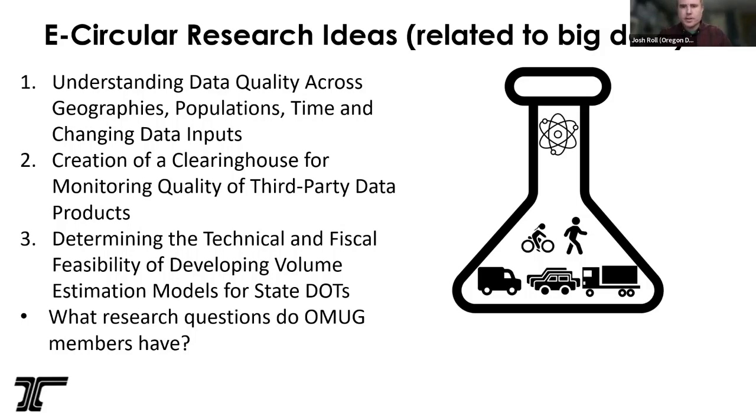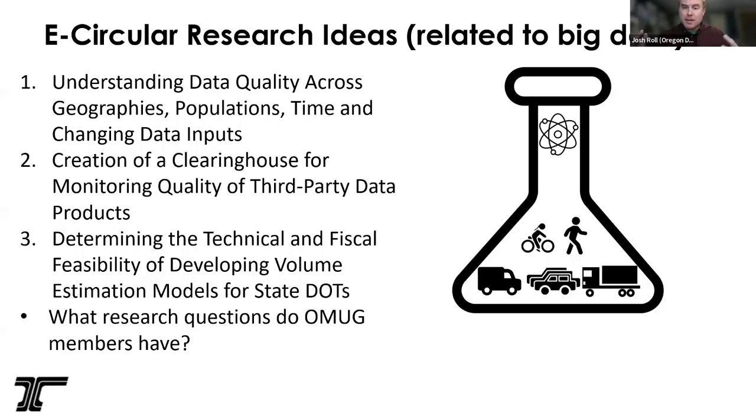The idea with this e-circular is to lay out the state of the practice, state of the art, and some of the emerging trends within each chapter, to help set a course for the committee's research agenda for the next 5 years. The piece I'd like to share and get feedback on is the research concepts that came from the probe data for volume estimation chapter, where we, as a chapter group, came up with three research ideas.